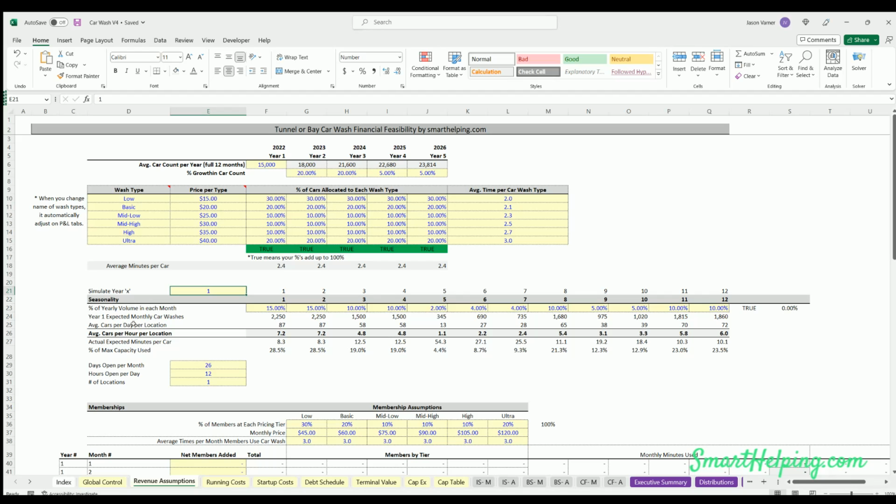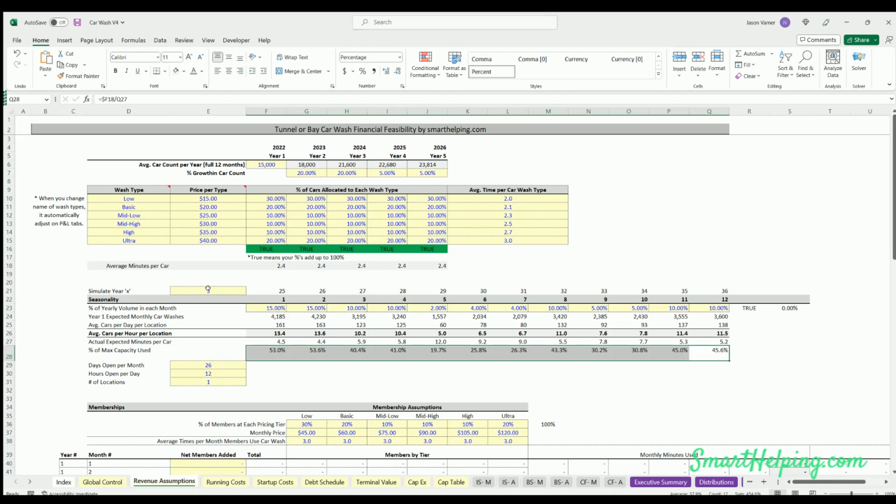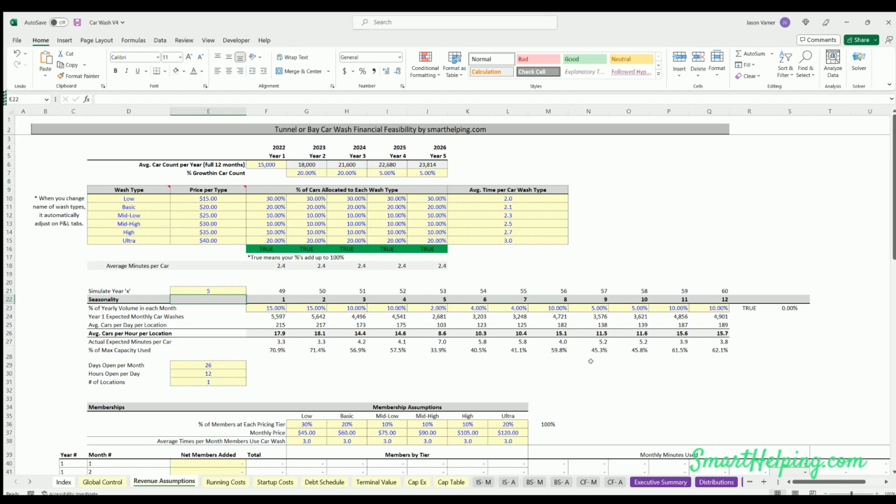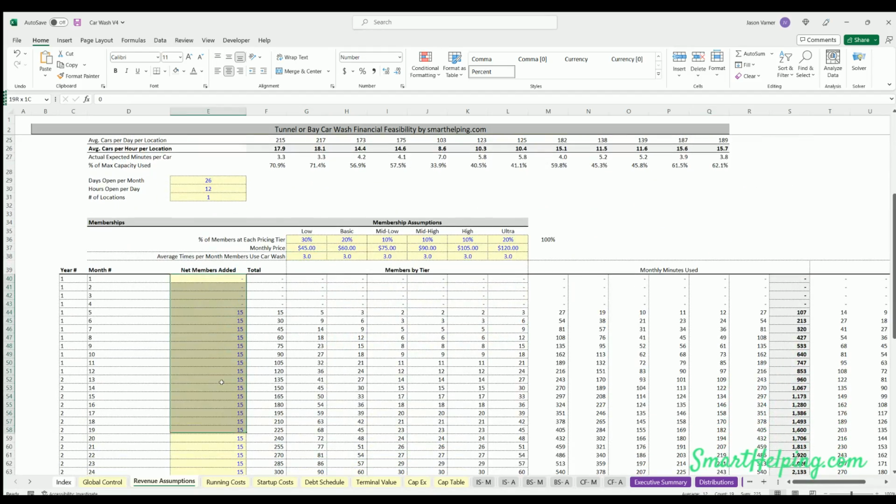And you could pick any year, and it's going to tell you, based on the total minutes your car wash is open, which is driven by the days open per month and hours open per day, based on your member counts and car wash counts, what percentage of the total maximum minutes that are available in a given day you are using, and that's what this percentage is here. And you can see if we go to 5, it's at 62%